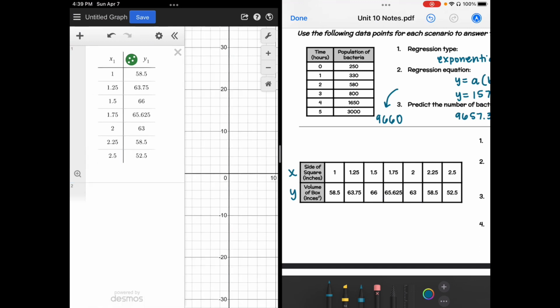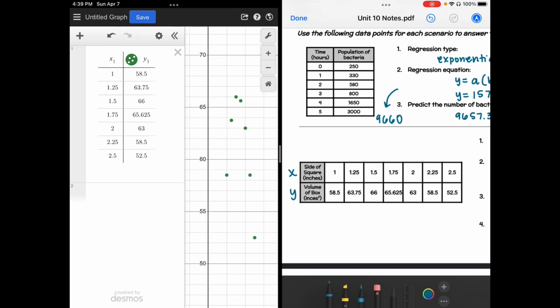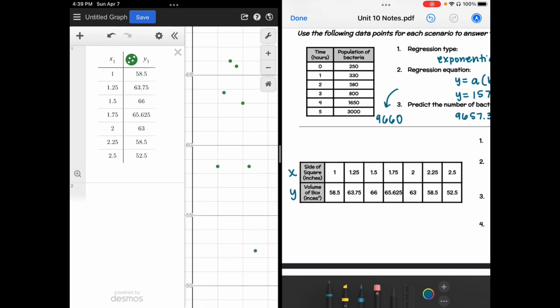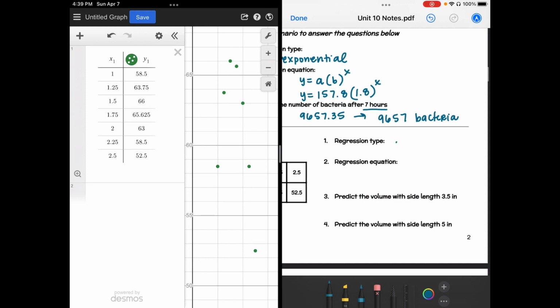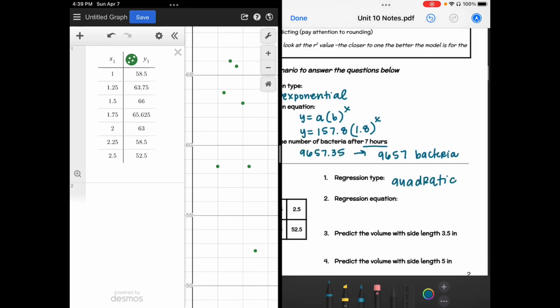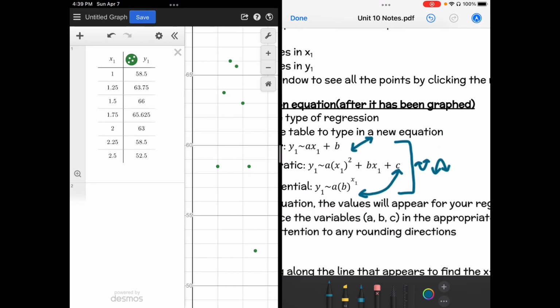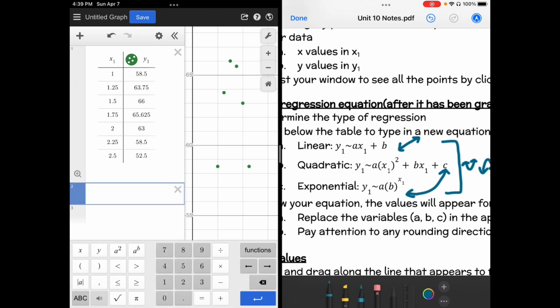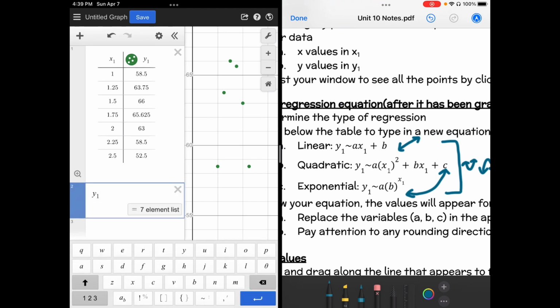All right, so let's see what that looks like. So I'm going to hit my magnifying glass, and you can kind of tell that we have a situation where the dots are kind of going up and then they come back down. So that's going to mean that we have a quadratic function. And we can say it's not the other two because we don't ever have a part of an exponential graph that's going to be increasing and then decreasing. It's going to be either one or the other, and same thing for linear. So we're going to go ahead and type this quadratic equation in. So we're going to have y1 tilde